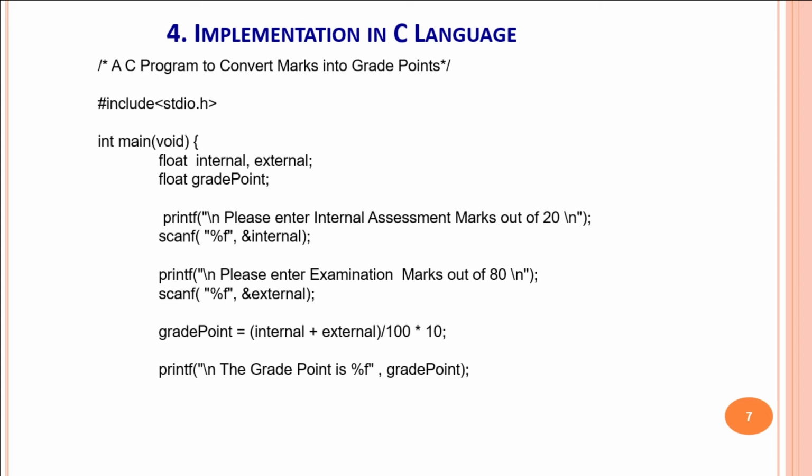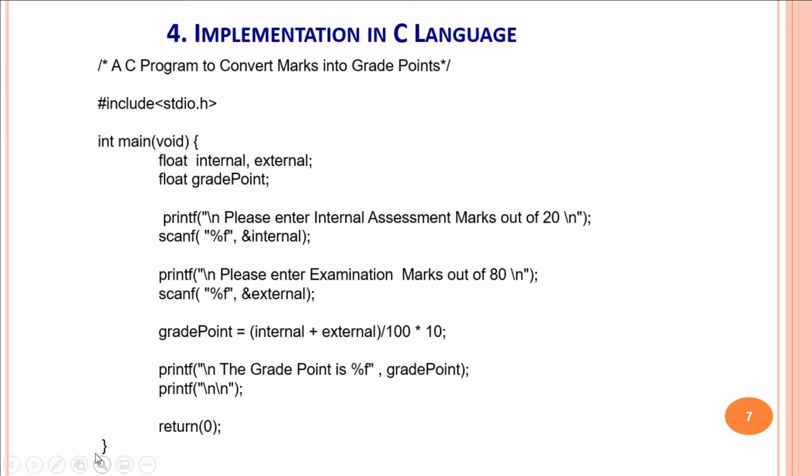They are to be displayed to the user. That is done by means of this printf statement, which also prints the text grade point is, and the actual value of grade point, whatever is calculated, will be displayed to the user. Then two blank lines are printed, then return 0. Because main is a function, this function will return the control back to the operating system. More on this later on. So the return statement returns the control back to the operating system, and the C program finishes with this right curly.